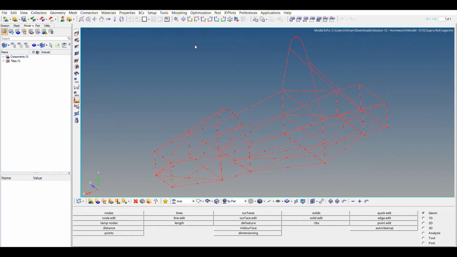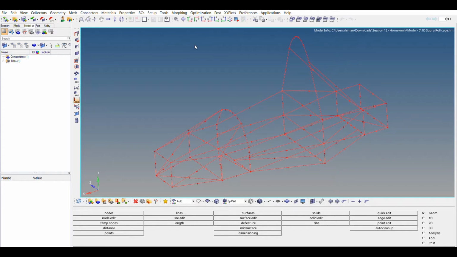Today we'll be looking at how to perform the free run analysis in Hypermesh software. So why is there even a need to perform the free run analysis in the first place? Because the free run analysis is used to find out the discontinuity in any object. Now why is a discontinuity produced in the first place?